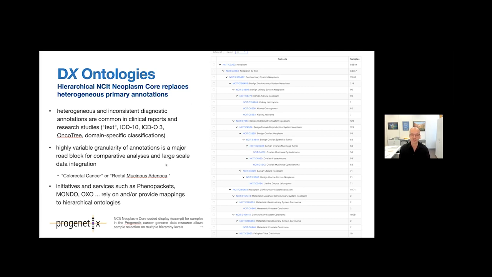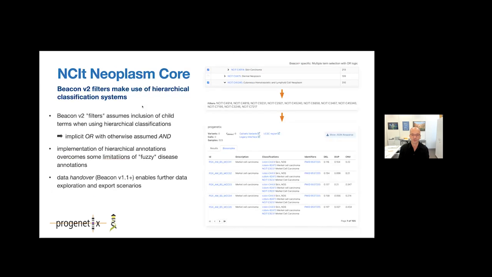And this is, for instance, the cancer ontology NCIT, shown as a diagnostic ontology, which is much more powerful, especially for these queries, because you can query on different levels of the ontology in Beacon using these codes as so-called filters. But there are many other ontologies and services like OXO and so on, which also help you to disambiguate such things.